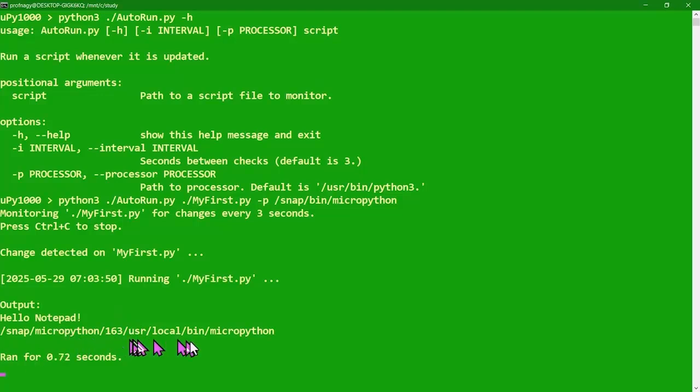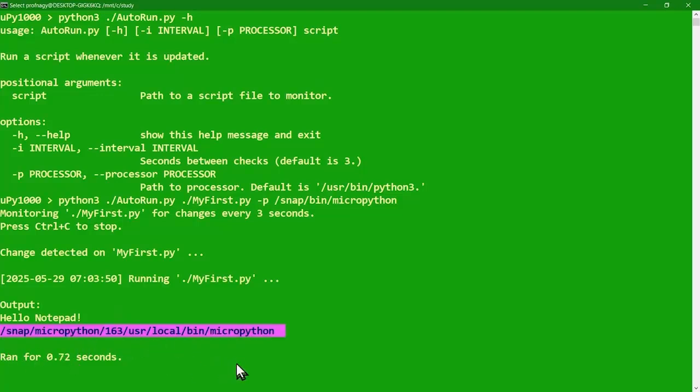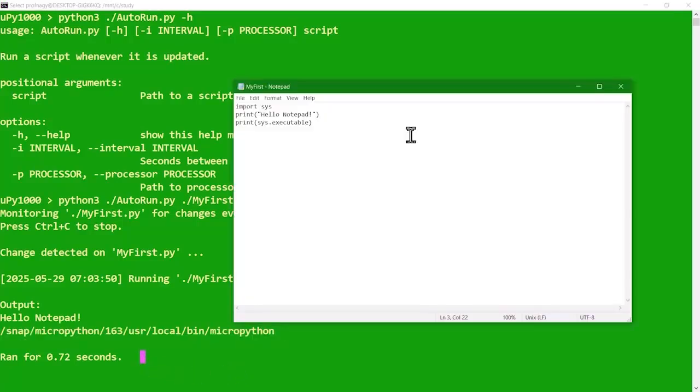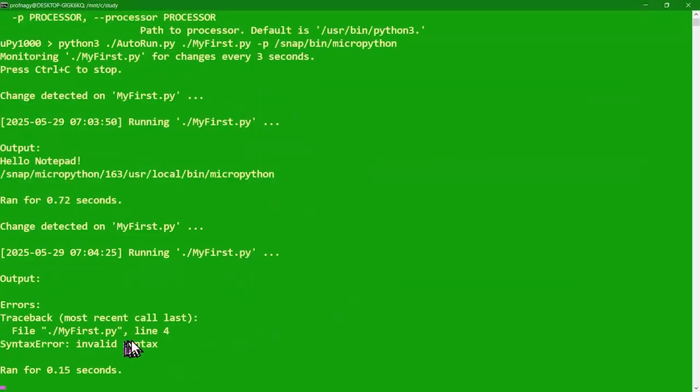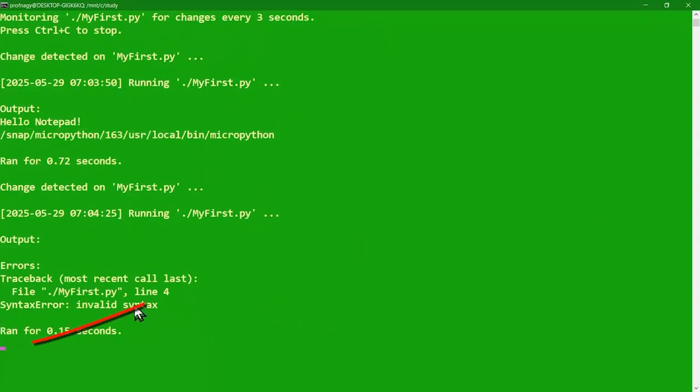In addition to running our Python with a local Python interpreter, the effective Python interpreter, by the way, rather than the link, if we include an error, for example, and save our file out, we see our invalid syntax error as we see here. Entering Control-C at our session will indeed stop autorun.py, and starting it up again with the